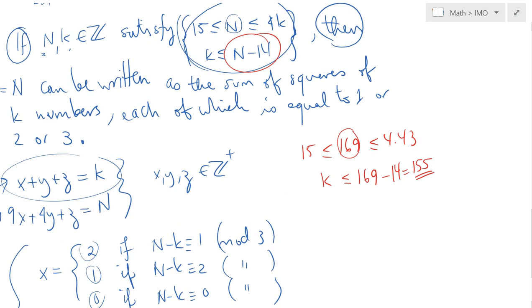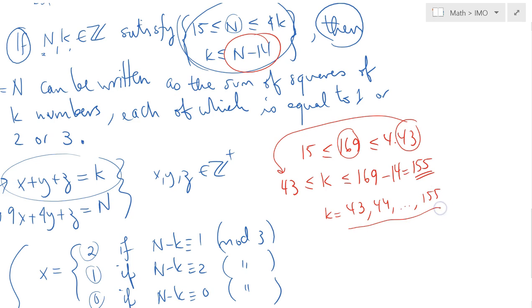Okay, but that's really powerful. So what it is telling me is I don't have to worry about any k, because k, we realize, should be at least 43. So for any k between 43, 44, all up to 155, there is no gap. So that's perfect. So we can always find the sum of 43 squares, or the sum of 44 squares, a sum of 155 squares, which will give us